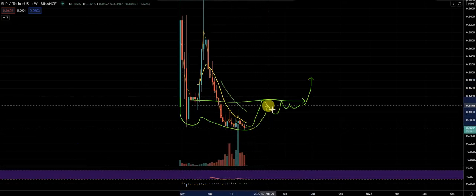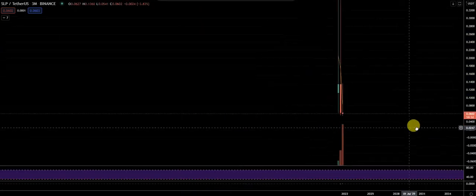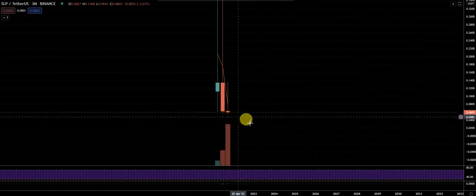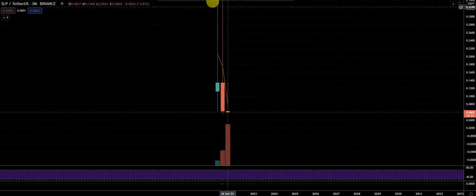Is that a head? Do we want to come back up and form a shoulder for moving back up? It's not a great pattern. I think if we move out here, it's still red on the 3 month. That is concerning, and the rejection is concerning, and it could potentially roll over and be more red, really, until, and I might even set an alarm on this,